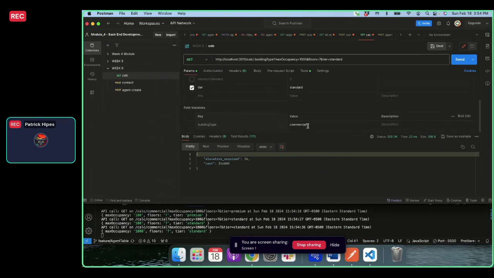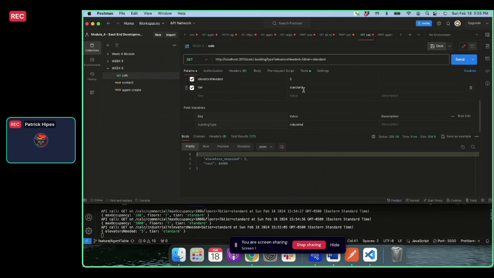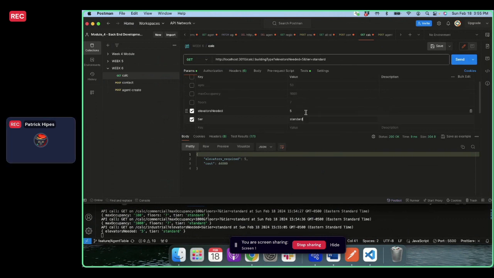Last path param we added was industrial. And for industrial, we know all that they're asked for is number of elevators. And of course, they all ask for the standard tier or premium Xilium. 5, because that is what we, you see the price. Okay. Moving on from here,